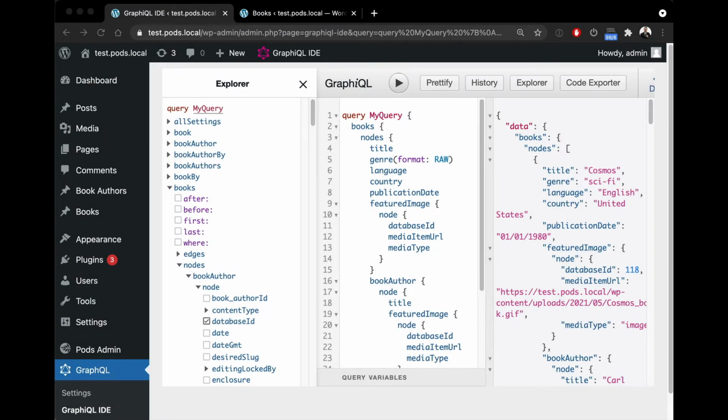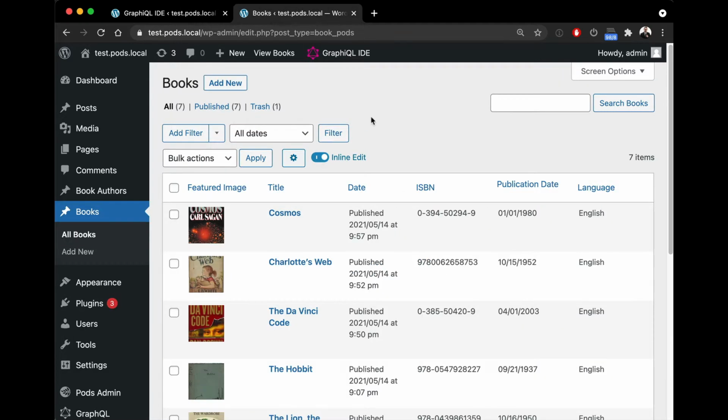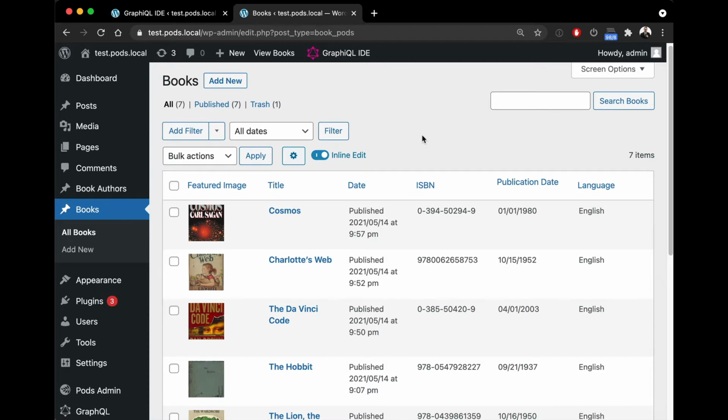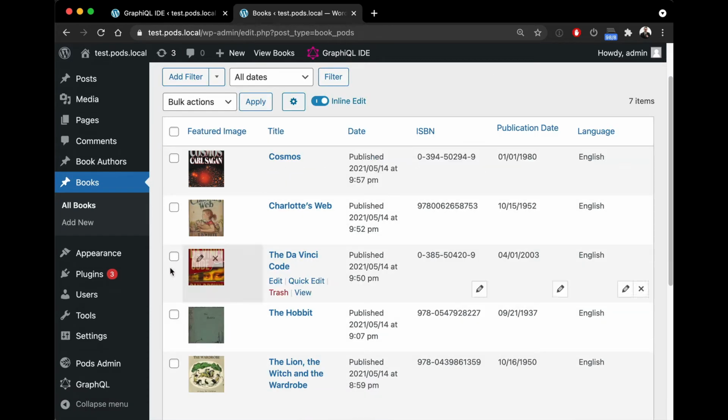I'm super excited to show you this really cool WPGraphQL integration for Pods Pro. It does all the wonderful GraphQL things you'd like with the power of Pods. In this demo, I'm going to show you how I have a books pod, which contains a bunch of books